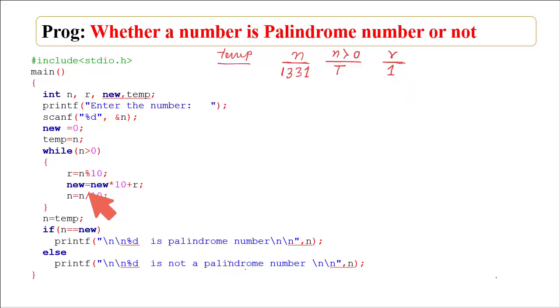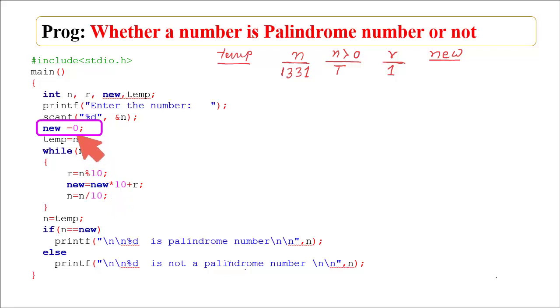Next instruction is the variable new, and what will be the data inside new? That is the calculated value, which is new multiplied by 10 plus r. Now the initial value of new is needed, and in this case the initial value of new should be 0.